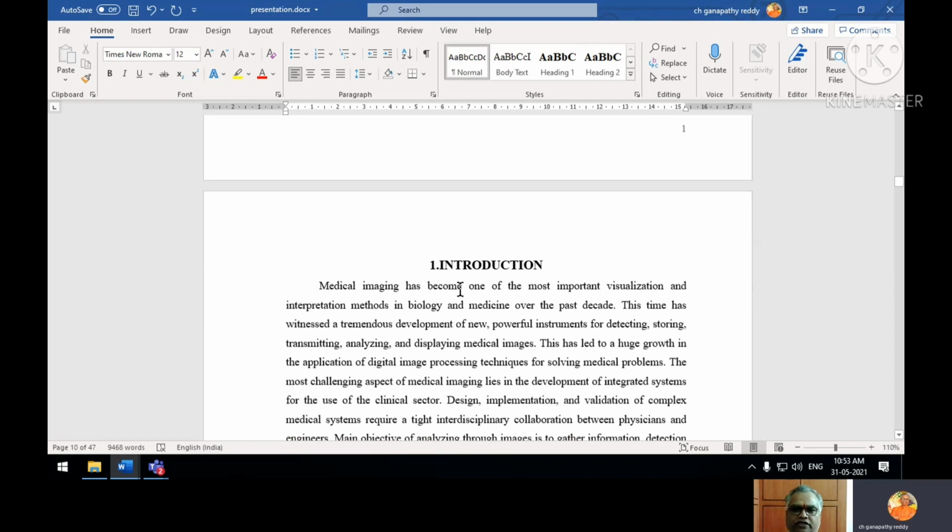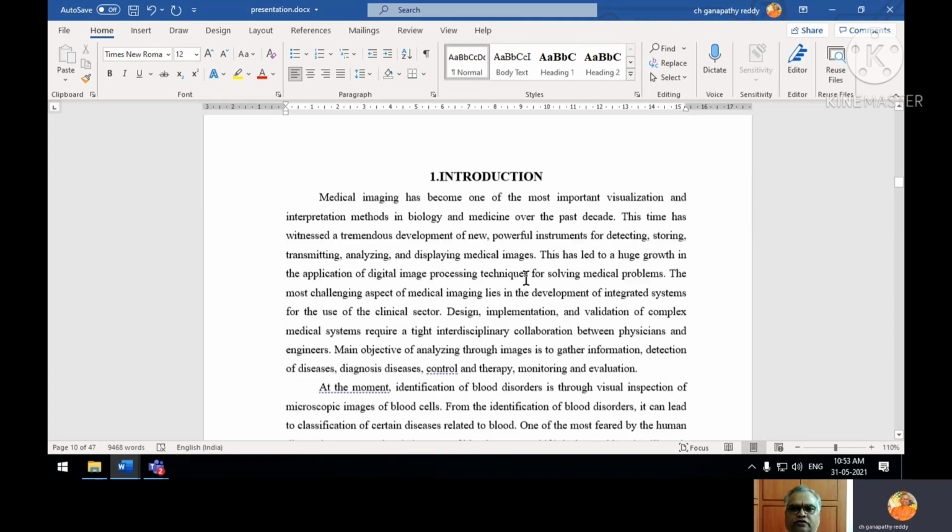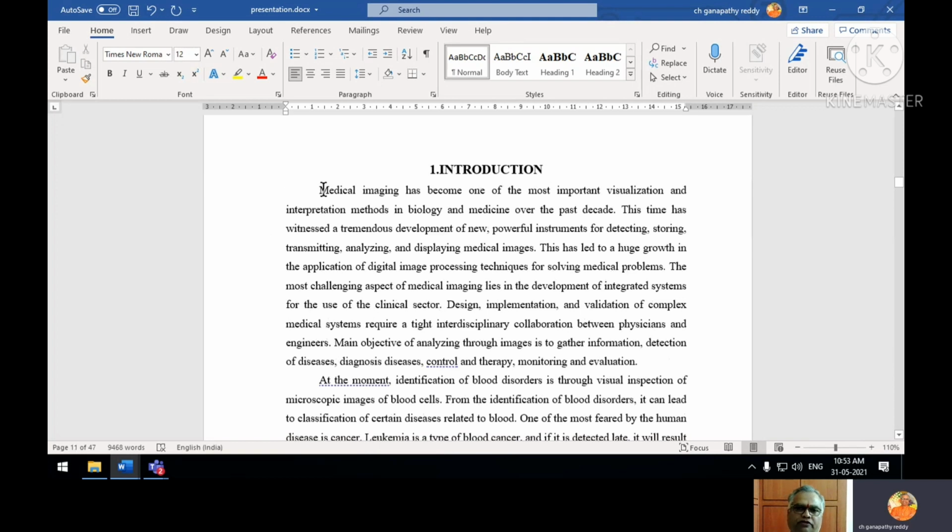Now the first chapter is introduction, number 1. Again, para begins with tab spacing, which should be uniform in the entire document. This tab spacing should be the same everywhere, and para to para is also 1.5 line. We are following this format.